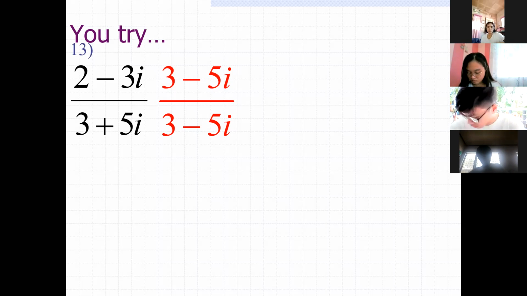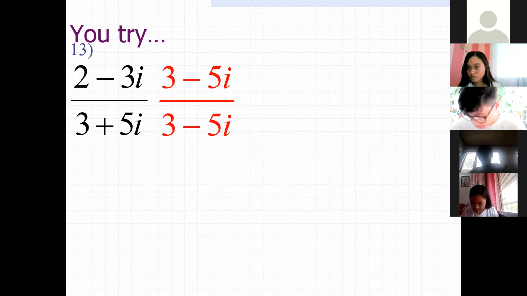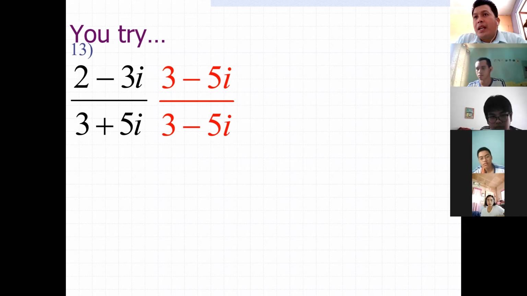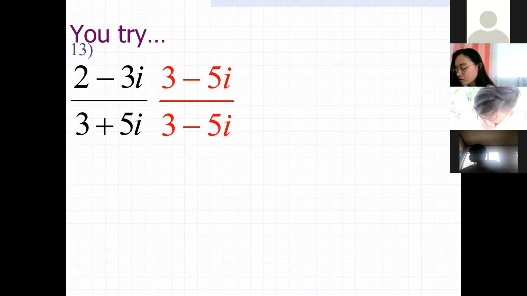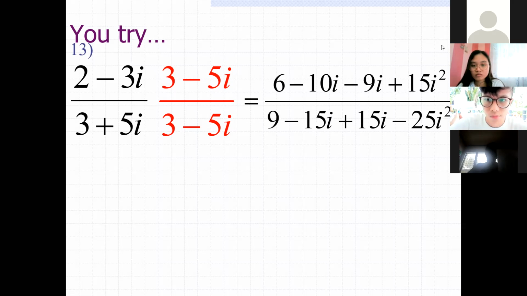Bem, Trixley, Rafael, Catherine, those are turning on their cameras and I'm still going to wait for your answers. Jaya as well. Jaya is not turning. And I think it's already time to reveal the answer. So double check if your answers are correct from the solution here, class. So we have here the numerator, simplify the numerator by FOIL method. Jaya has the same answer as the first three.